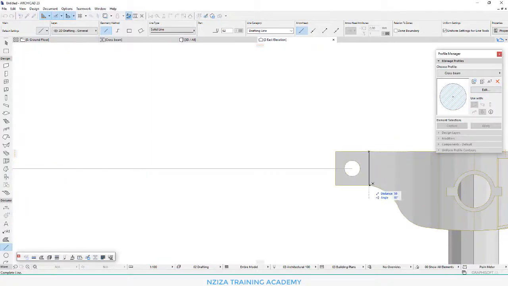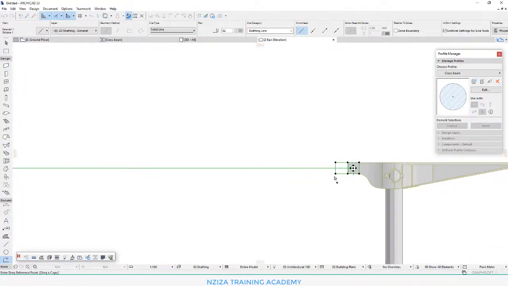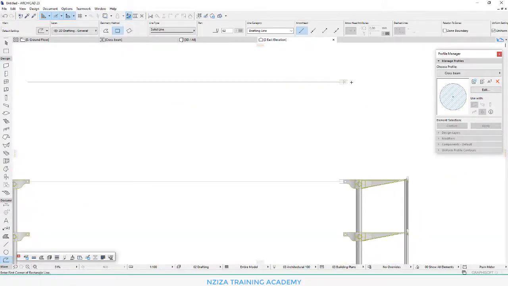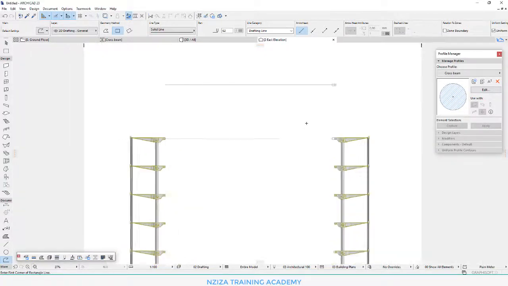Okay, so now let's, that's not good. Use the polyline to draw this connection. This one, and this hole. Make a copy. Let's make a copy somewhere here. Okay, and I think that's all for this part. We'll continue on the next